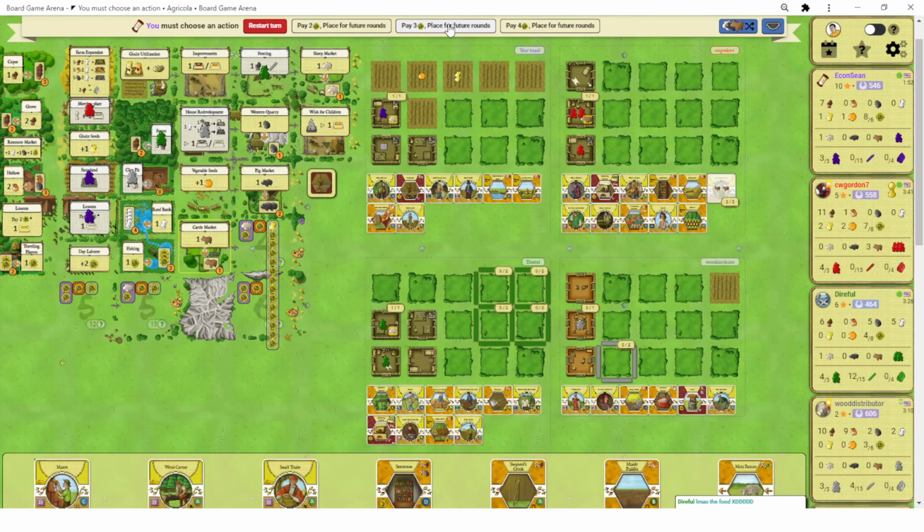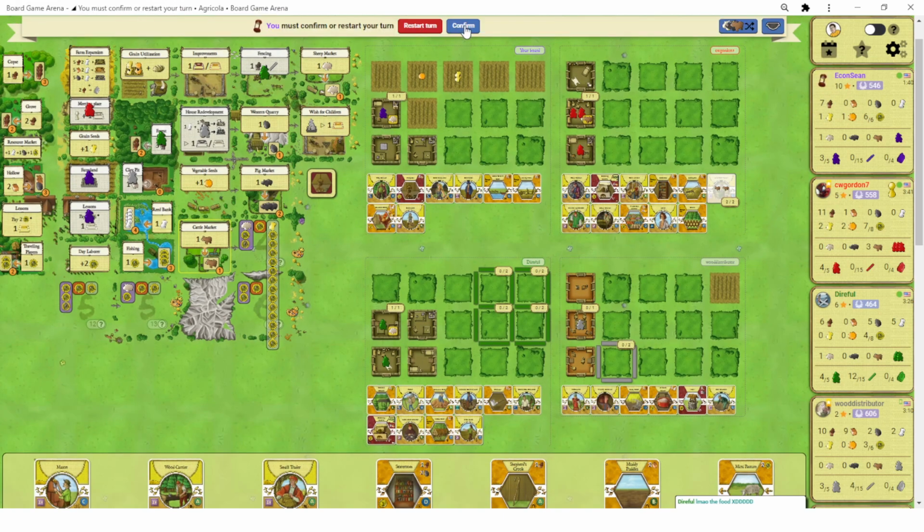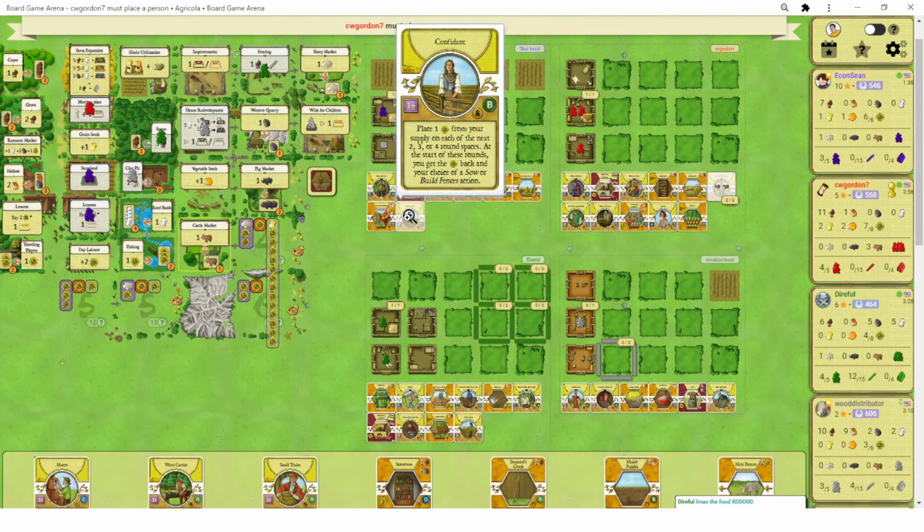I really want to fence. Maybe just sow fence is fine. Why am I fencing round 12 and round 13 here? Yeah, I think just sow fence is fine. I think just doing 2 is fine. I don't need another sow in round 13, I think. I think I'd rather just sow in round 14. I mean, I guess it's like free to put the food in the future here, but...